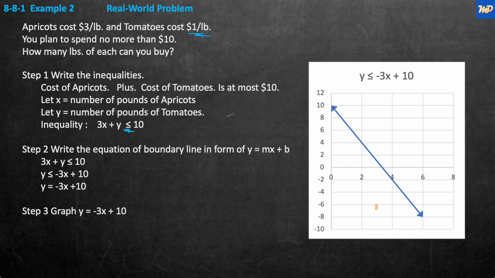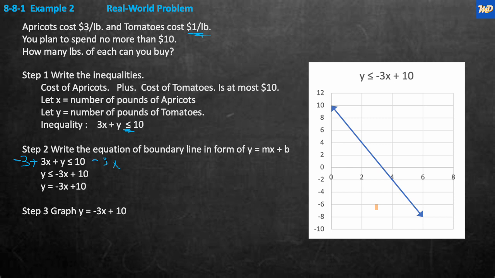What we have is 3x plus y is less than or equal to 10. So we're going to subtract 3x from both sides. We subtract 3x from this side and 3x from this side. And then we're going to end up with y is less than or equal to minus 3x